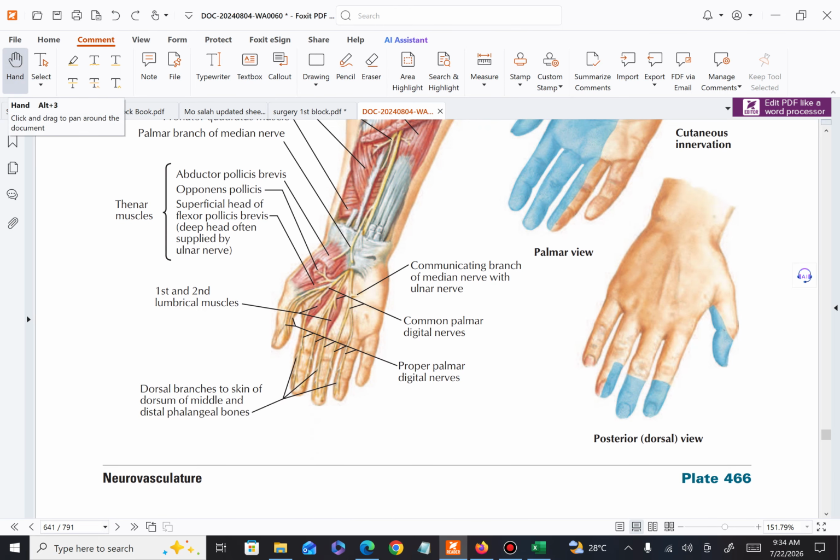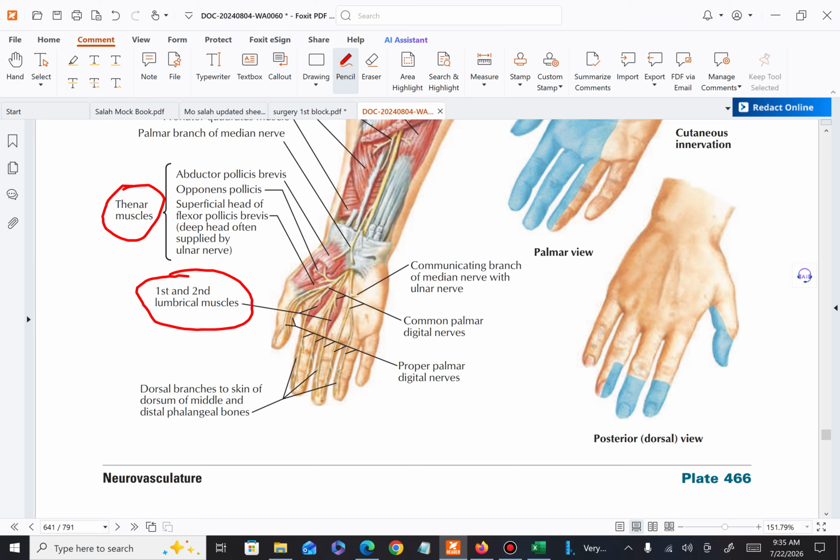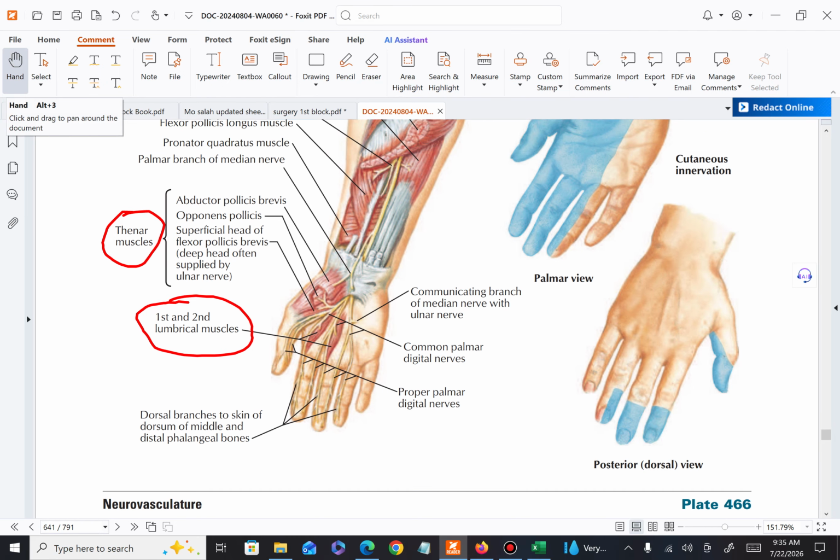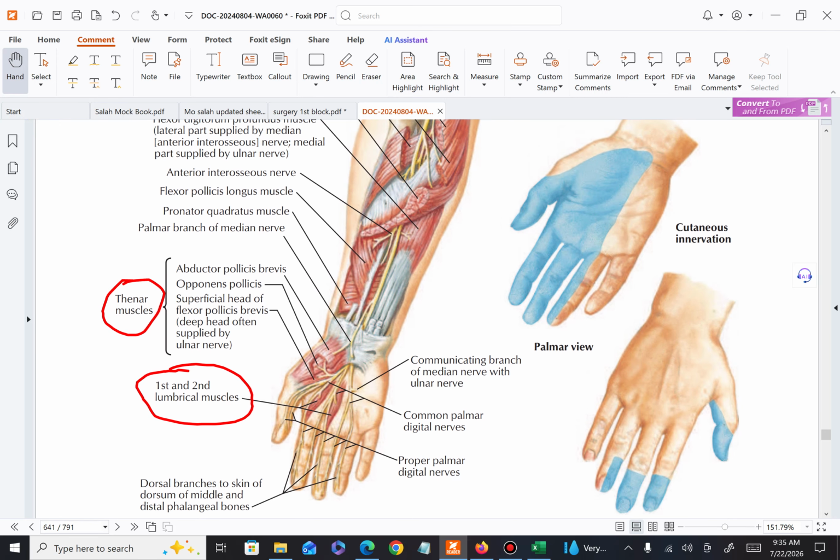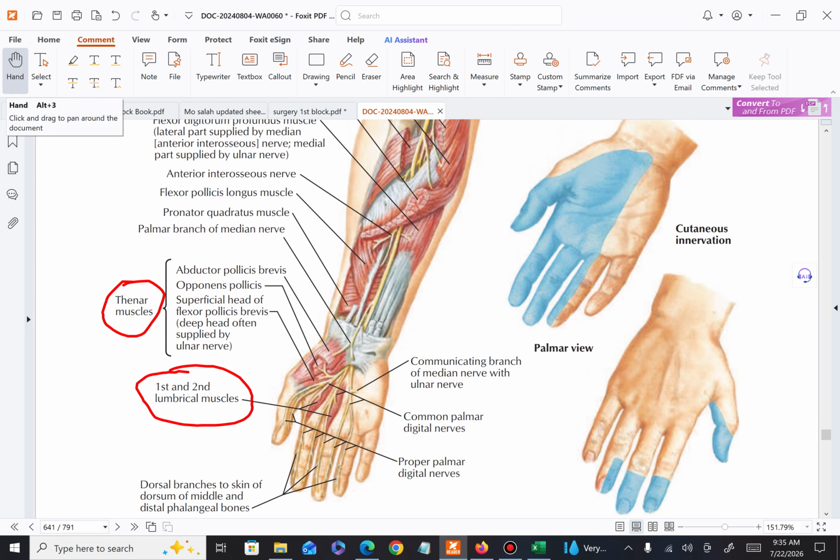In the hand it supplies the thenar eminence muscles, which are opponens pollicis, abductor pollicis brevis, and flexor pollicis brevis, and the lateral two lumbricals, the first and second lumbricals. So this is the muscular supply of the median nerve in the hand. Most of the muscles of the hand are innervated by the ulnar nerve except the thenar muscles and the first and second lumbricals. As for the cutaneous supply of the hand, it supplies the